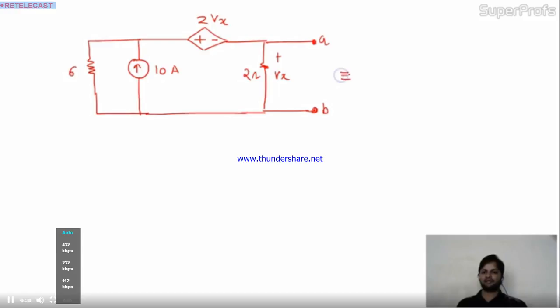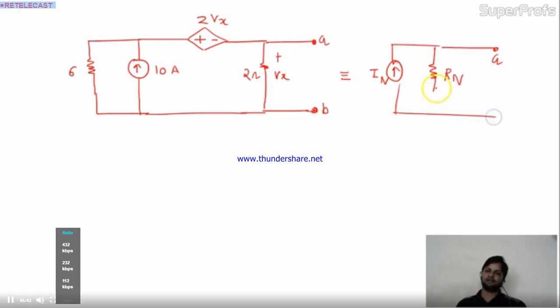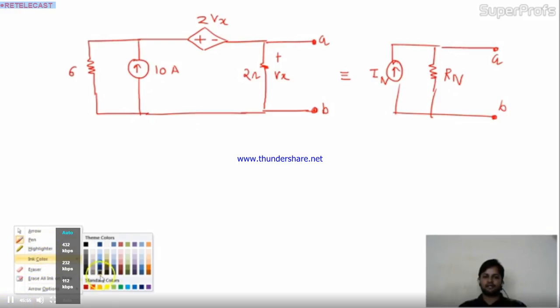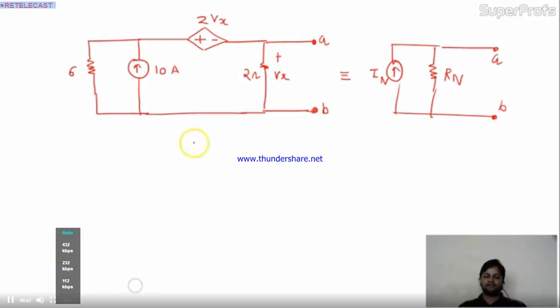We have to replace this entire circuit by a single current IN and a single resistance Rn. The terminals A and B will be the same. Now we have to find out the IN. What is the procedure to find out the IN? IN is the short circuit current. If IN is the short circuit current, it means we have to short the terminals